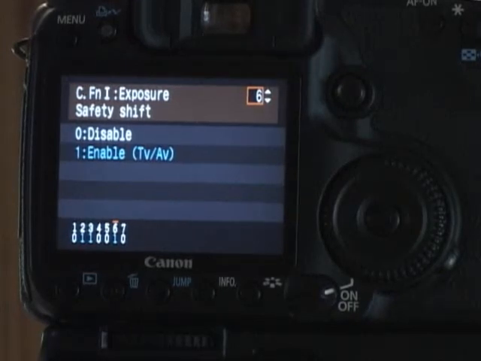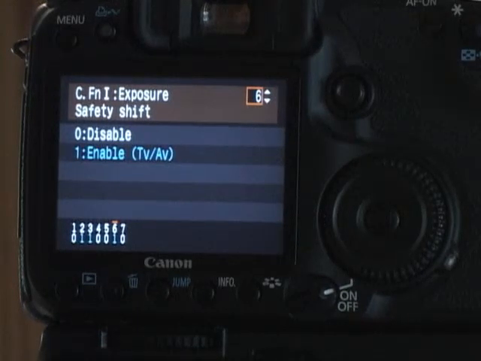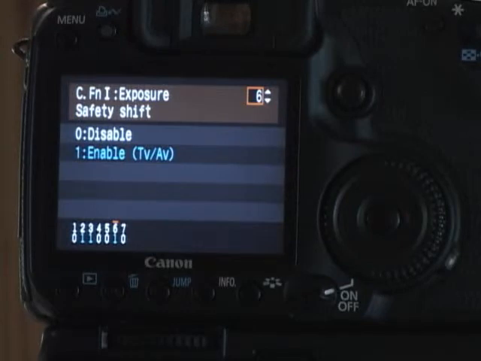This is a nice feature, the exposure safety shift. What this does is if you're in shutter speed priority or aperture priority mode, if when you go to take the picture, it can't get the shutter speed fast enough or it can't get the aperture wide enough, it'll automatically adjust your shutter or aperture. In aperture priority mode, if you're set at 2.8 in a bright sunny day and it's taking the shutter speed over 1/8,000th of a second, which the camera cannot do, rather than overexposing your picture, it'll bump up your aperture so that it's able to get a good